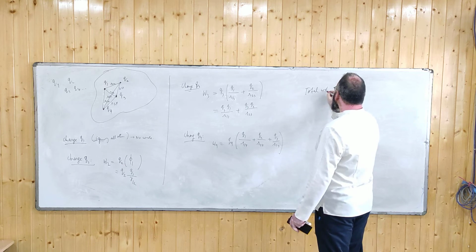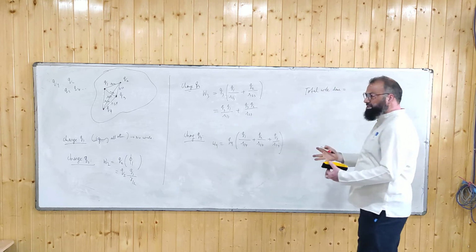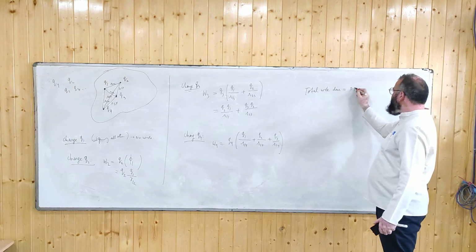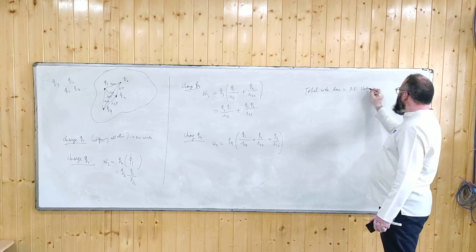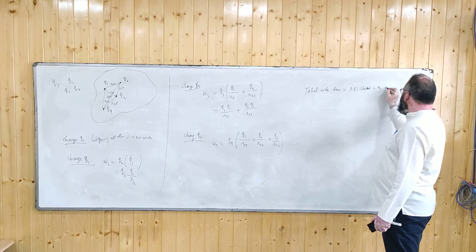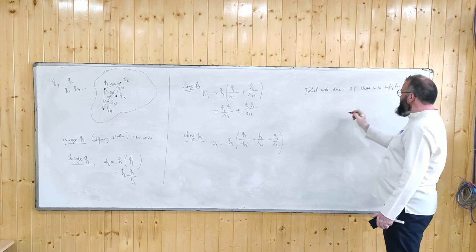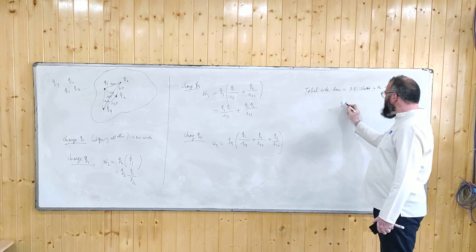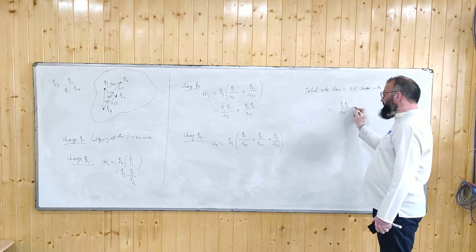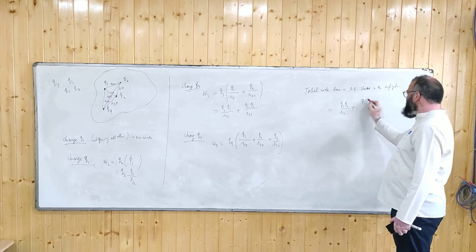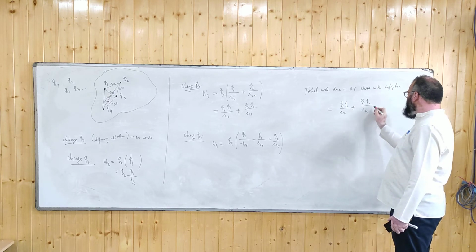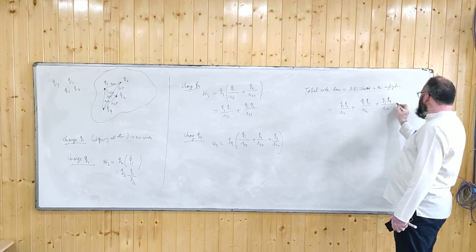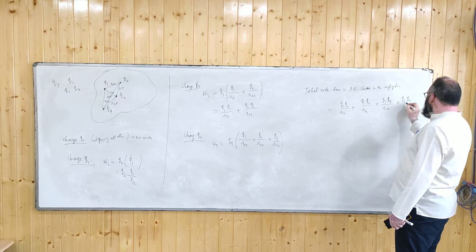So now let's take the total work done. So that's actually the energy stored in the system, is it? Clear? So that is the potential energy stored in the configuration. So how much is that? You add all these terms. So it is something like Q1, Q2 divided by R12 plus Q1, Q3 divided by R13 plus Q1, Q4 divided by R14 plus Q2, Q3 divided by